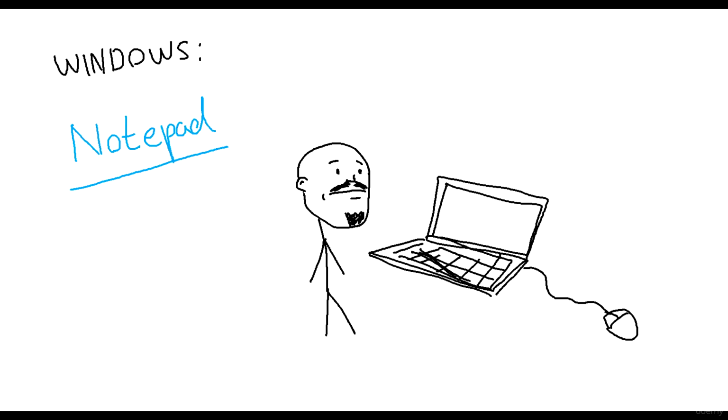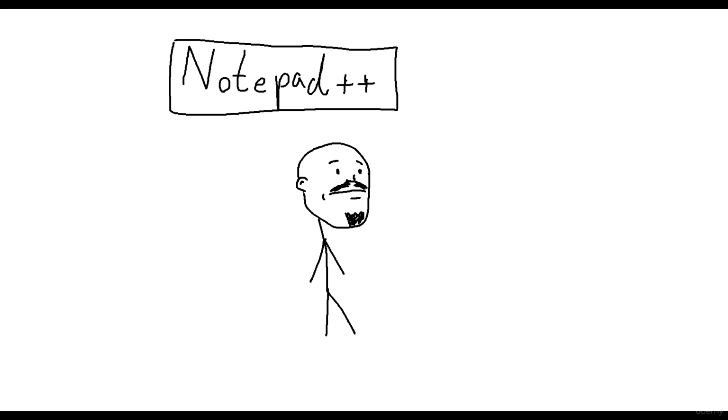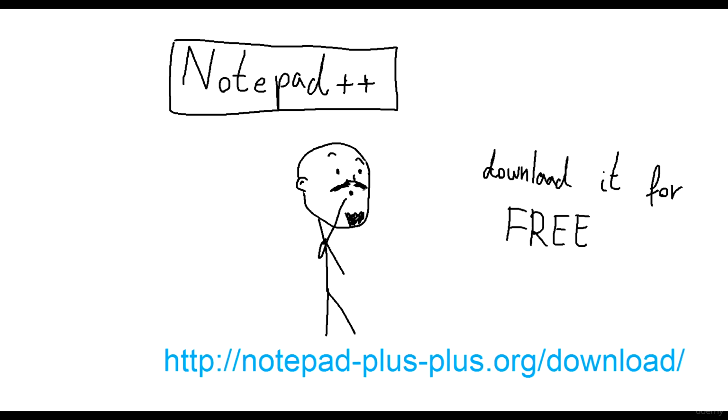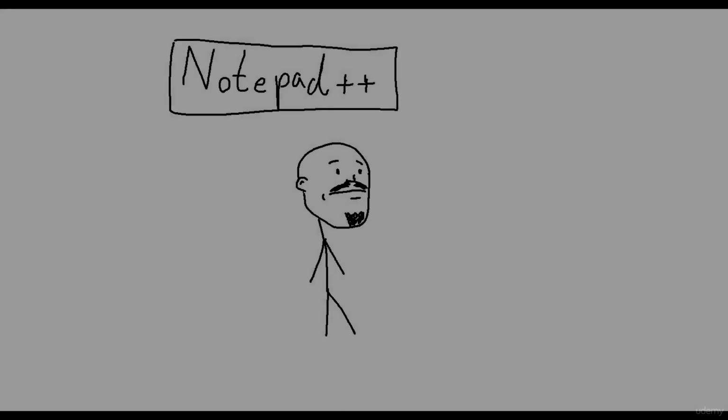If you have a PC using Windows, you can use Notepad. And if you have a Mac, you can use TextEdit. Personally, I like to use Notepad++. It's powerful free software for PCs. You can download it for free here: https://notepad-plus-plus.org/download. I will use Notepad++ on every example shown in this course, but you can use whatever software you like.